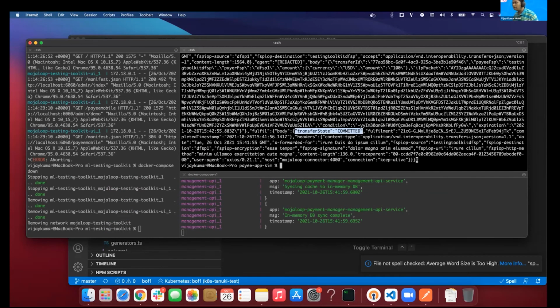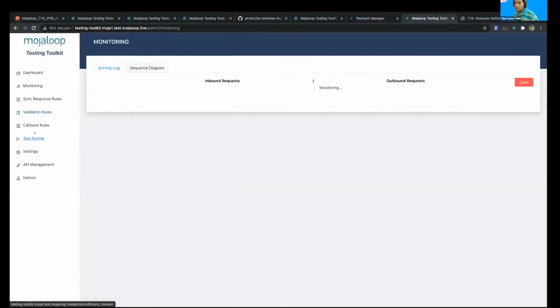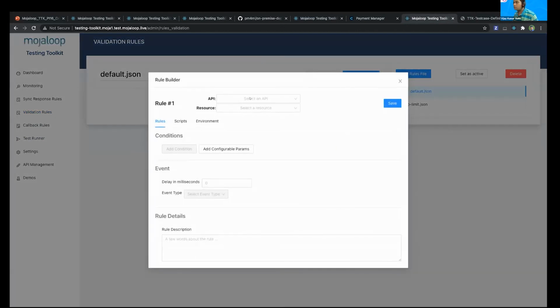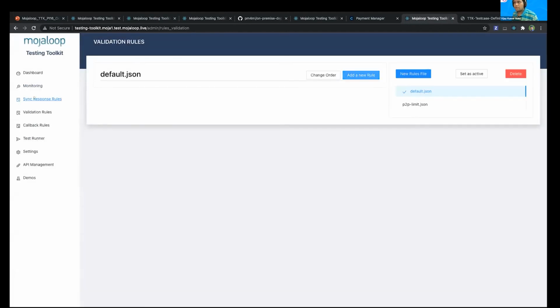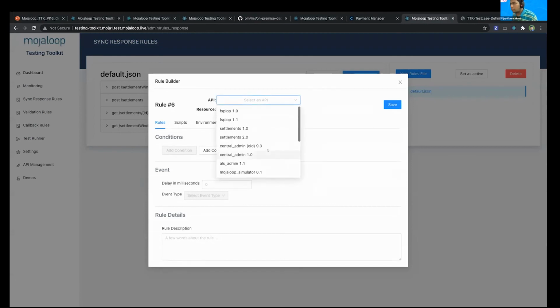Yeah, we got committed, right? So if we want to simulate an error use case, then we need to add the validation rule here. Add a new rule. Validation rule, sorry. Synchronous response rule. Add a new rule for the